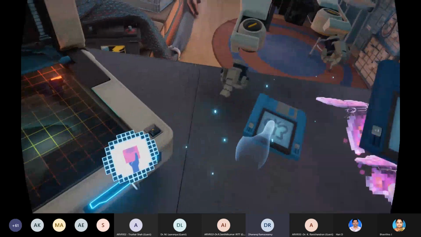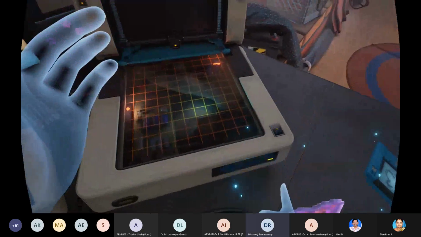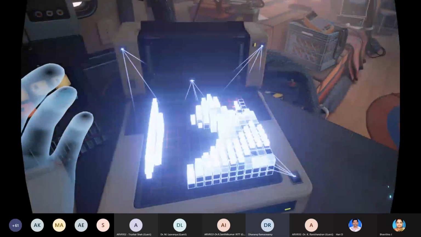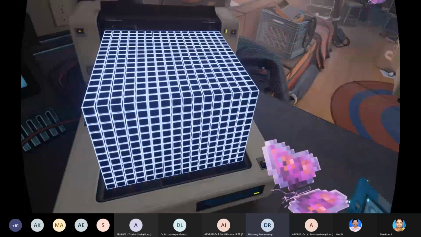It's giving another floppy disk. Let me try. What is the surprise there? It's printing another 3D model.